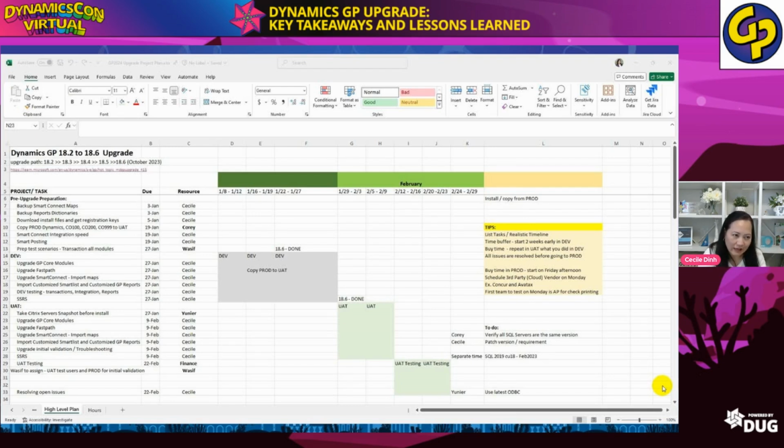Dev, at a glance, you'll know this is your timeline. If you say, for example, dev will start on January 8th, because the dev environment is just me, no one else in there. It's just me. So if I say 1/8, actually, I put an extra 2 weeks in advance because I wanted to